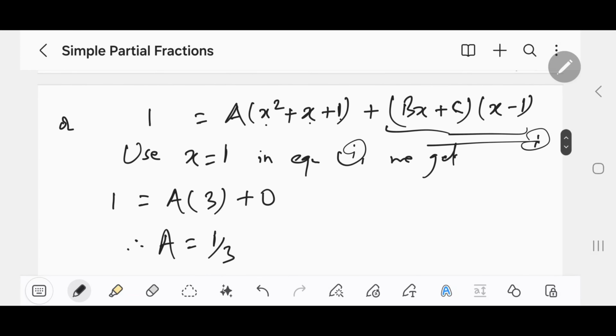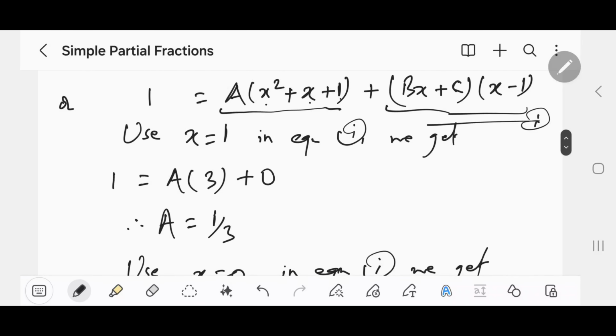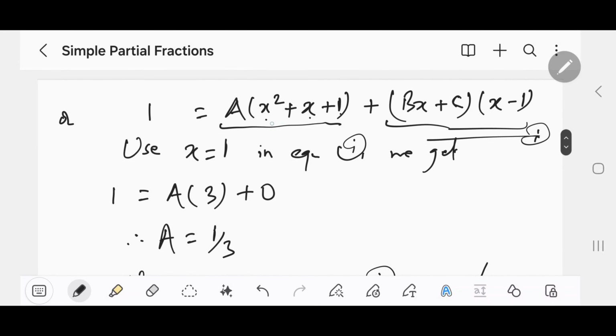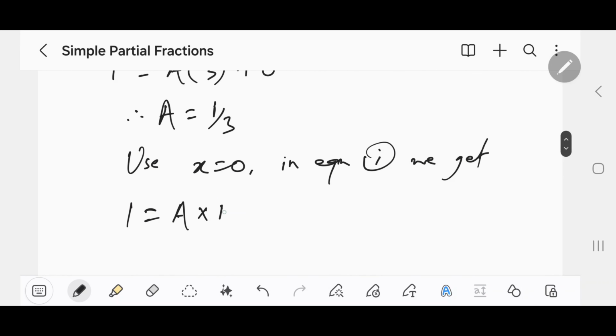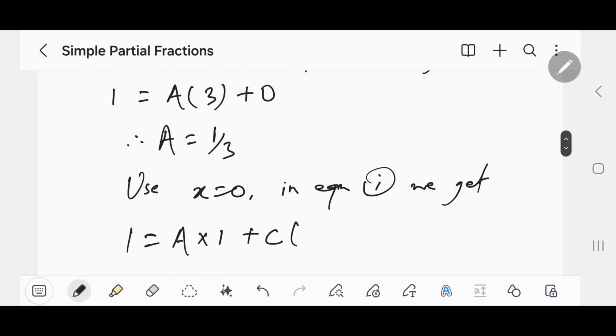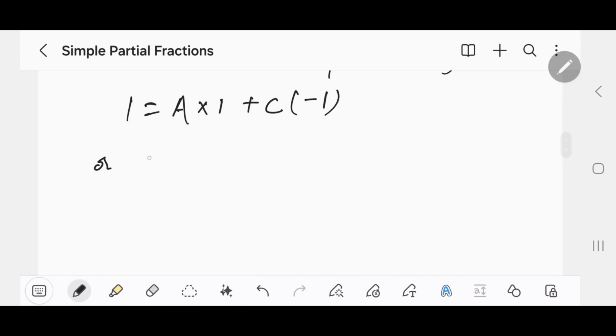Now we have a, no problem with this term. Let's try to get c by using x equals 0, because in this case b vanishes. Use x equals 0 in equation first. We get 1 equals a, this is 0, this is 0, remaining 1, a into 1. So b vanishes, only c is left, c times 0 minus 1 is minus 1, or